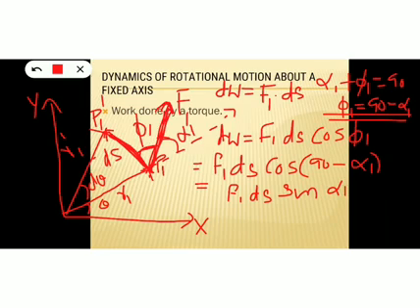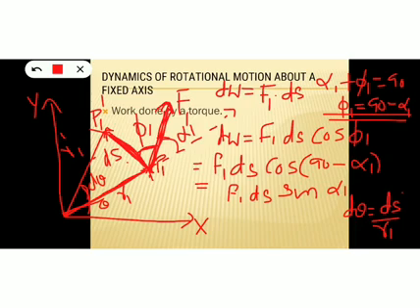Again, what is ds? See, ds is the displacement, and we could obtain another expression for ds by the arc radius relation. What is arc radius relation? Angle subtended by the arc is equal to arc by radius. So here this ds can be considered as an arc, and angle subtended by this arc ds is d theta. So according to arc radius relation, we can write angle d theta is equal to arc length ds by radius. Radius vector is this r1. So from this we will get ds is equal to r1 d theta.